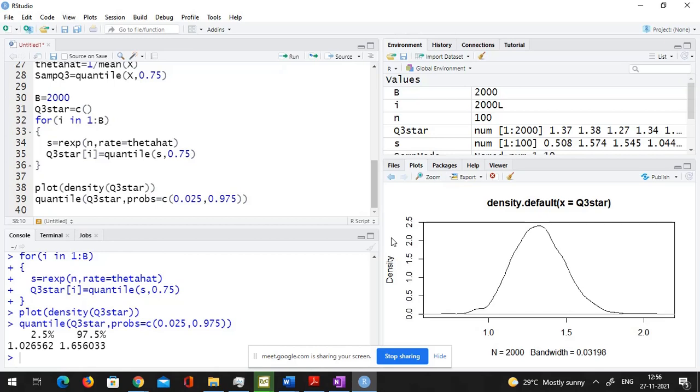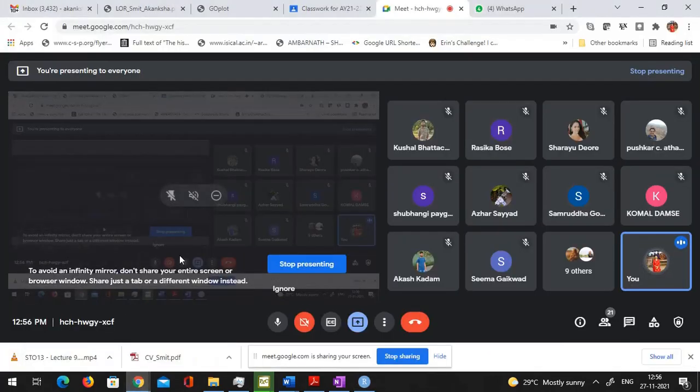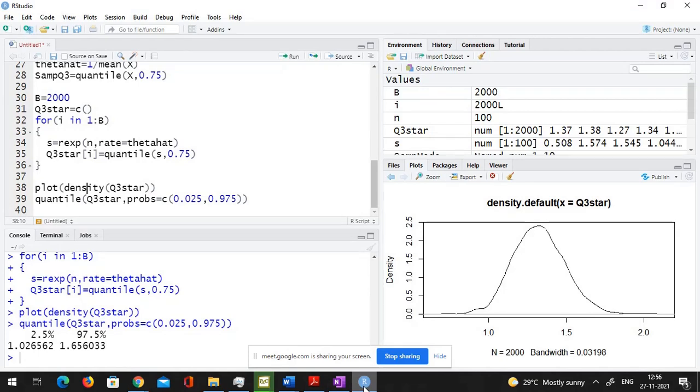Is it okay? Hello? Yes, ma'am. See, you have to talk. Last time my computer actually stopped working and I didn't even realize, because it was showing the screen but the screen had frozen. I was talking, and in fact I lost the recording also. I had to forcefully shut it down and I couldn't even save the recording. So you have to talk at least to make sure that I'm connected.